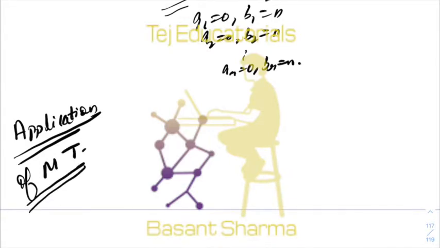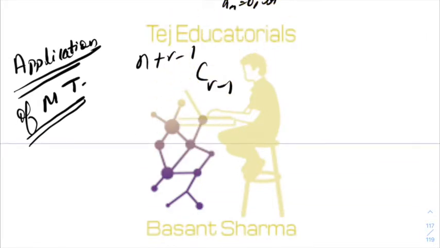You see, if you recall, in the last lecture we discussed this formula, n plus r minus 1 C r minus 1, and I gave a different perspective on it. I said that if you have r different kinds of objects,